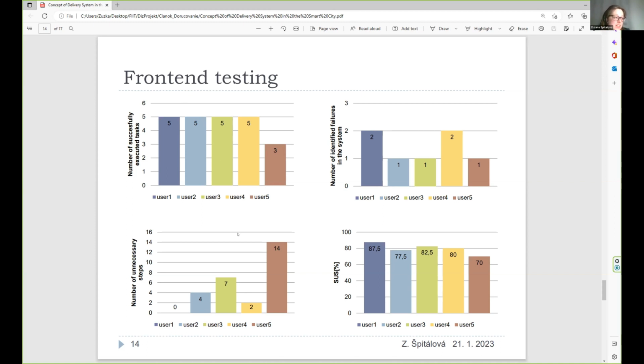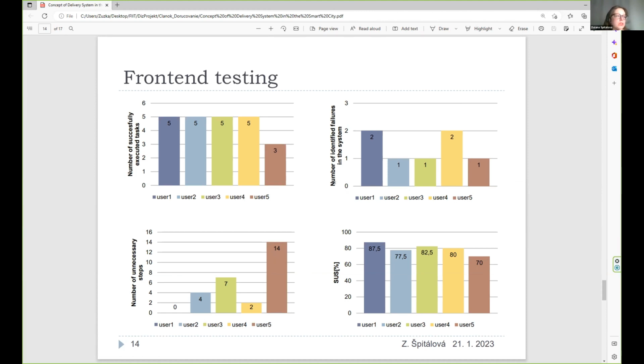And as we can see in this graph, we have the unnecessary steps for doing all these tests. So he is the winner in the number. So there was some problem with the courier registration creation.